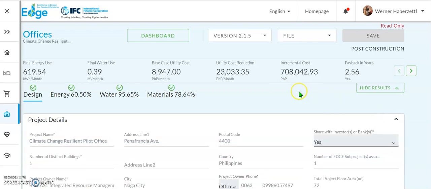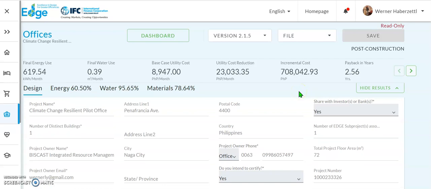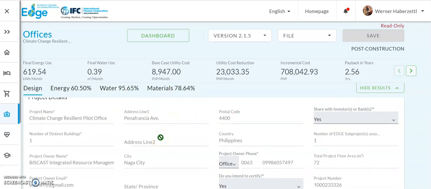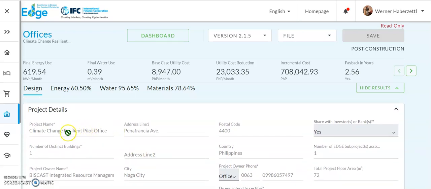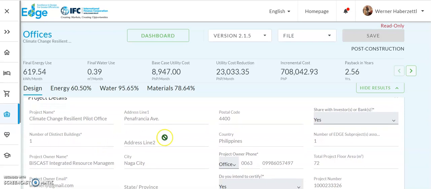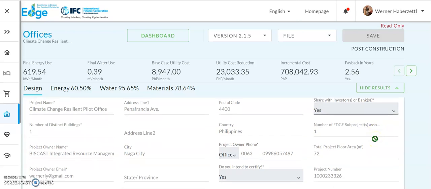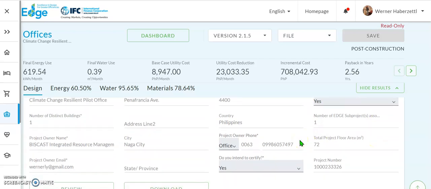So let's go on project details. This is the place where you put all the details of the project in. For example, name of the project. Everywhere where there is an asterisk, you have to fill in, because if you don't do it, you cannot save your project. So these are the lines. If you want to share it with the bank, you can choose yes, no. Let me see if it can do it. No, not here. So these are just the regular